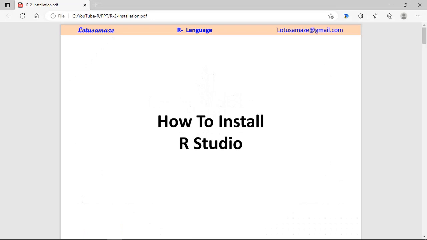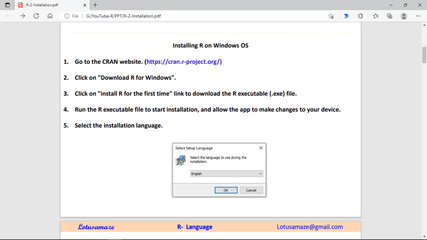This is Avinash Sharma, and in this video, we will discuss how to install RStudio on your system. Before installing RStudio, you have to make sure that the R language is already installed. If the R language is not on your system, then you can use this link